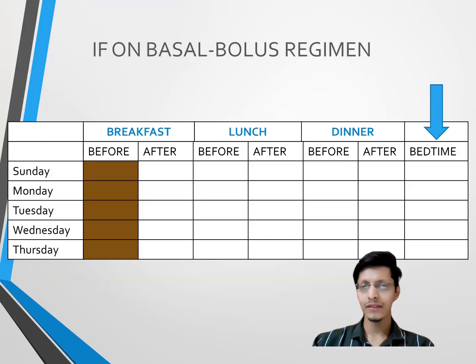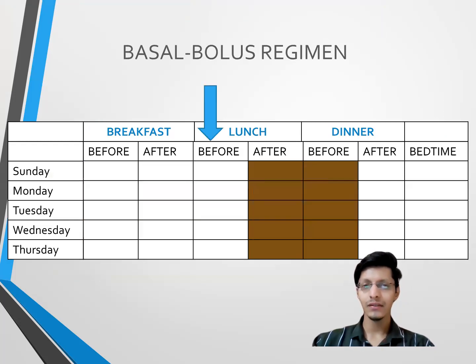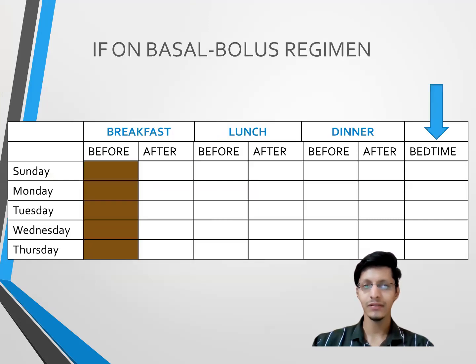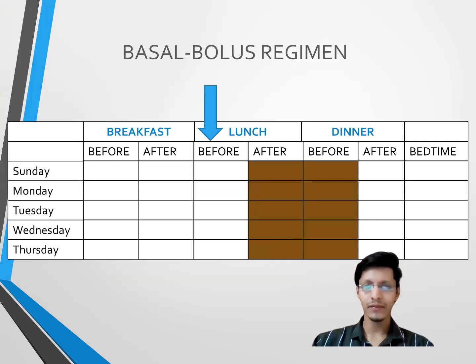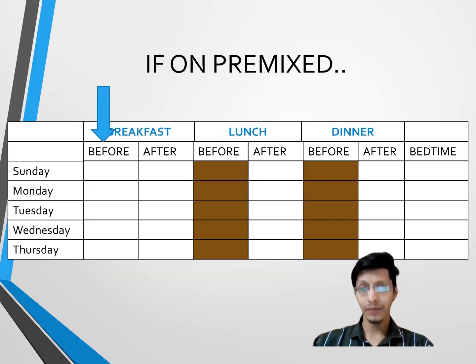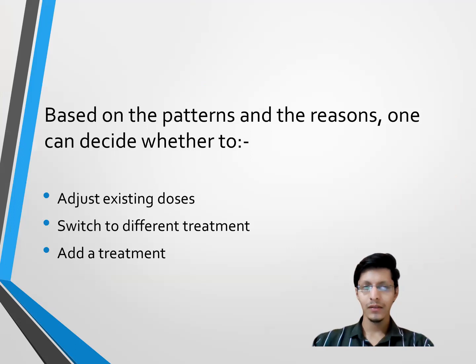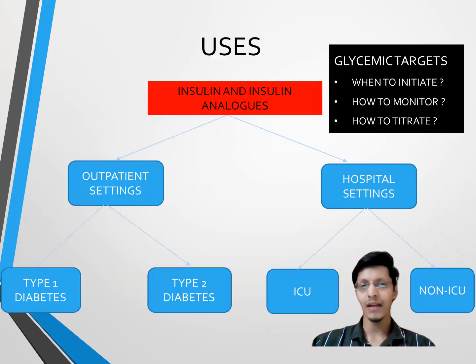So if on a basal bolus regimen, you have to see this also. Before वाला भी देखना पड़ेगा and bedtime वाला भी देखना पड़ेगा. If on a basal bolus regimen, so you have to see before, that is very important. You can't skip it. So you have to see three regimen if it is on a basal bolus. One is at the bedtime, sugar देख लिया, एक before breakfast देख लिया, एक before lunch देख लिया, और एक before dinner देख लिया. If on a premixed, see before breakfast and see before dinner. Based on the insulin, you will add on the therapy and you will add further.